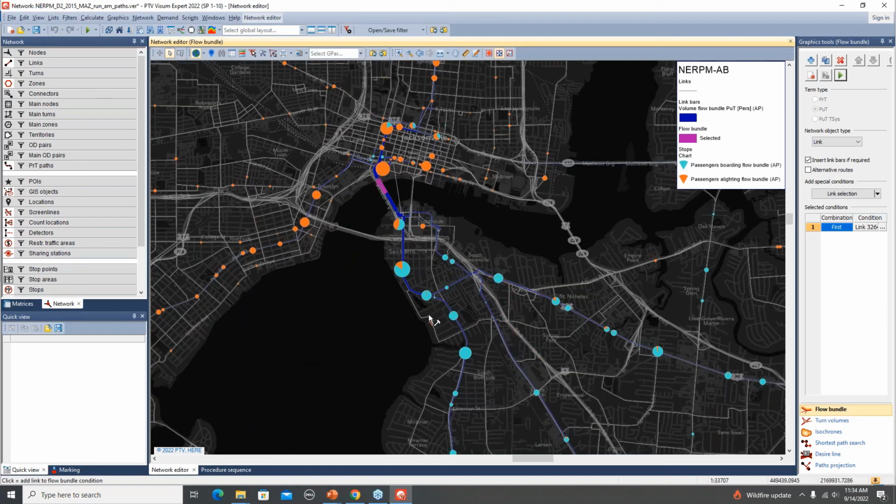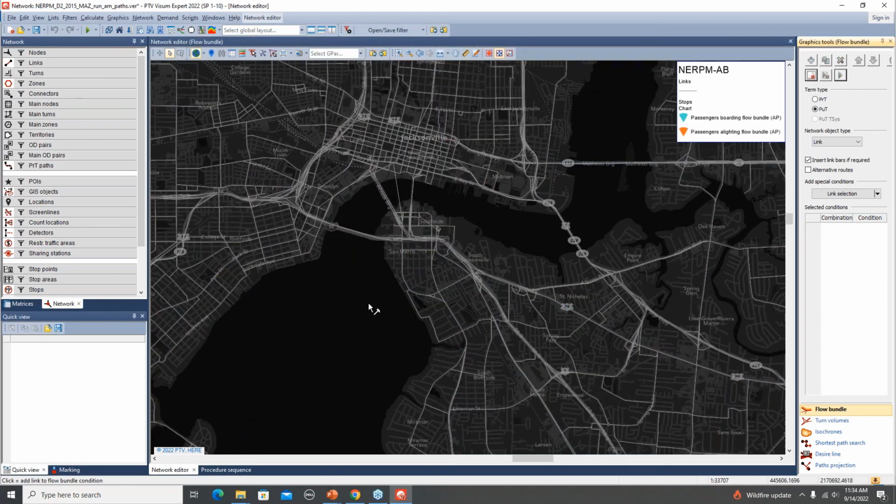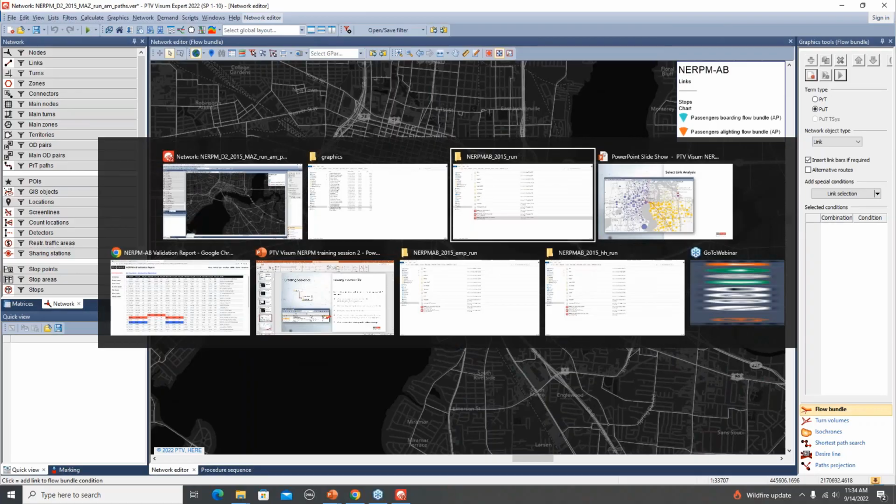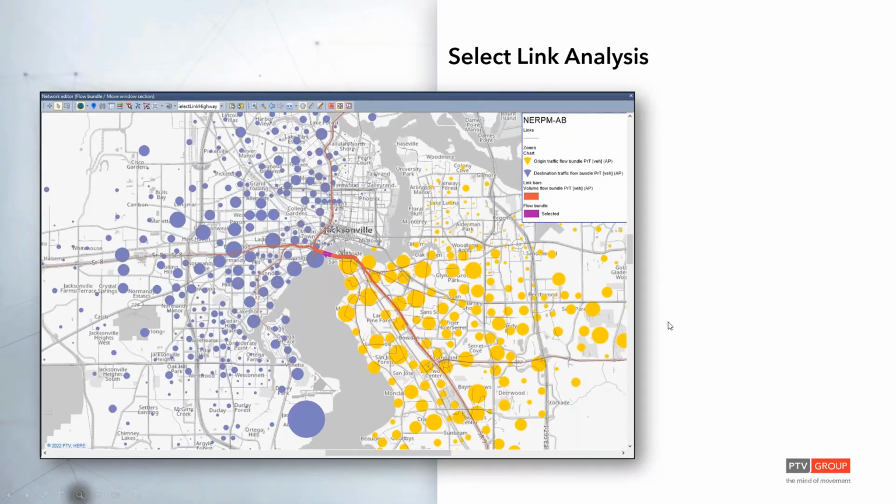So it is showing which stops contribute the most to public transit flow on this link. All right, so these are some great tools and features to explore model outputs. So let's go back here and